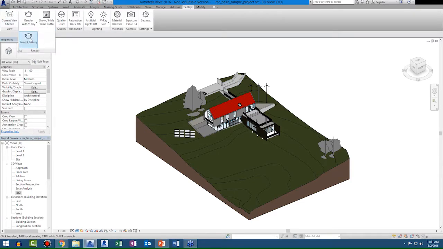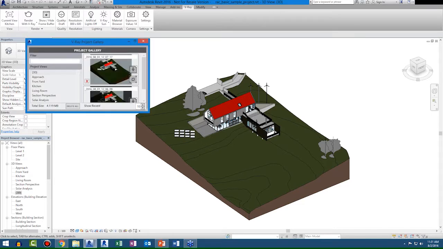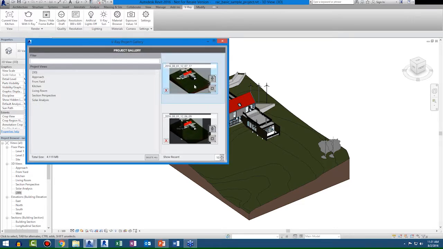In terms of our renderer, we also have something called Project Gallery now. And the idea behind Project Gallery is that we're saving all of the renderings that you do, whether they're completed renderings or not. This allows you to go back in after you do your renderings, and we're doing these by view. So as you render each of your views, they're going to save a certain amount of images. Of course, you have the ability to clean those all out and to adjust how many that you see at once. But this also allows you to save those images to disk after the fact. So unlike our standard frame buffer that you're familiar with saving out of in the past, now you have the ability to save these out